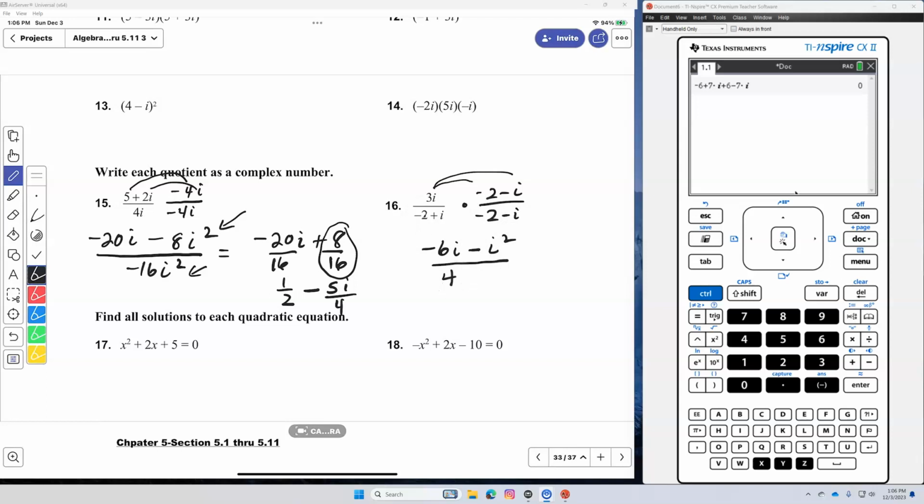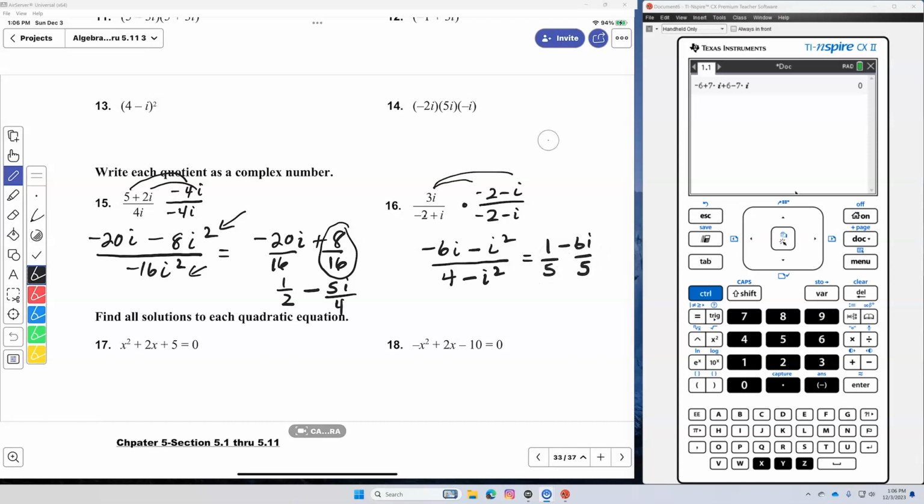Negative i times i gives you negative i squared. Remember that the middle is going to cancel. So i squared is negative 1, so that's 1 minus 6i. So we have 4 minus a negative 1, that's positive 1, so that's going to be 1 over 5 and